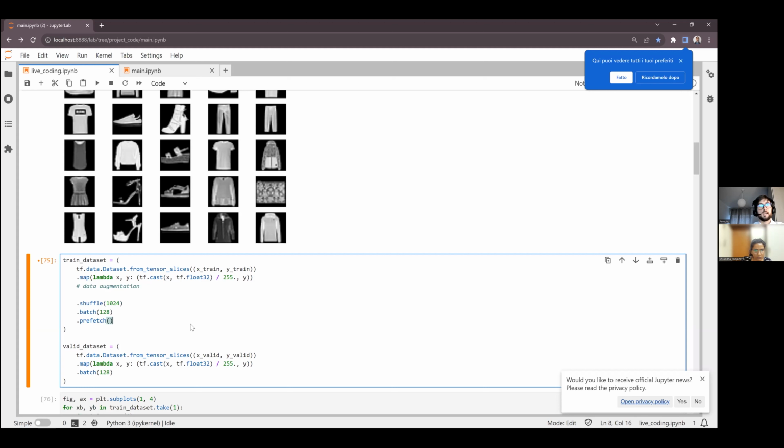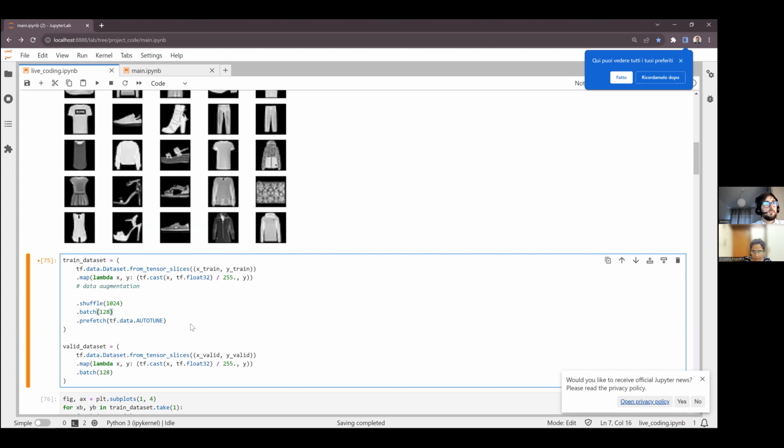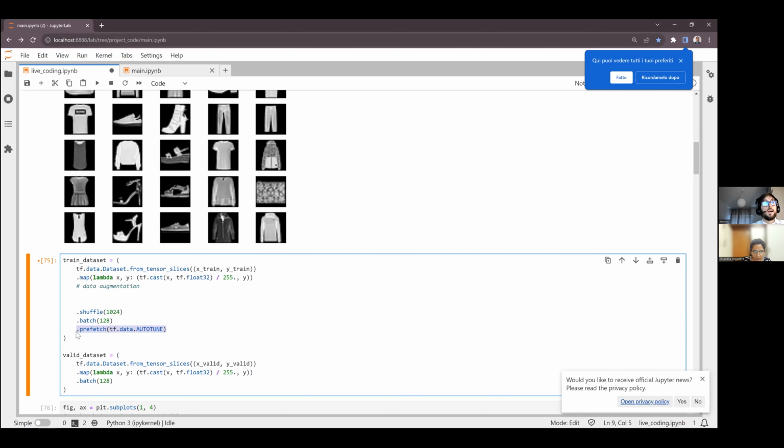You want to have data always ready to feed to the model so that your training is as fast as possible. So here you need to say how many batches of data you want to always have ready, or at least try to have ready. But you can also simply tell it, hey, I don't mind, define it yourself, autotune, find the optimal value, the best value that you can find. So we will try to do as little as possible to make sure that the model is always running.